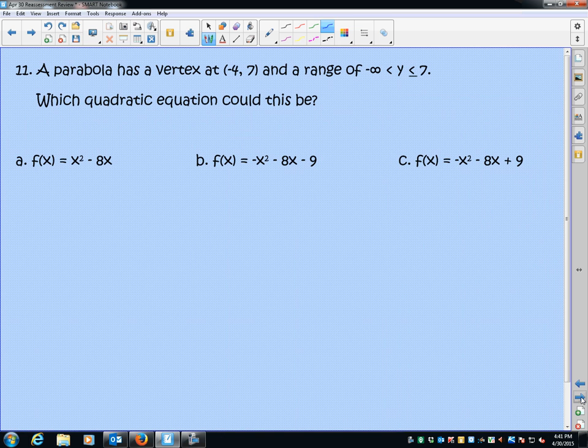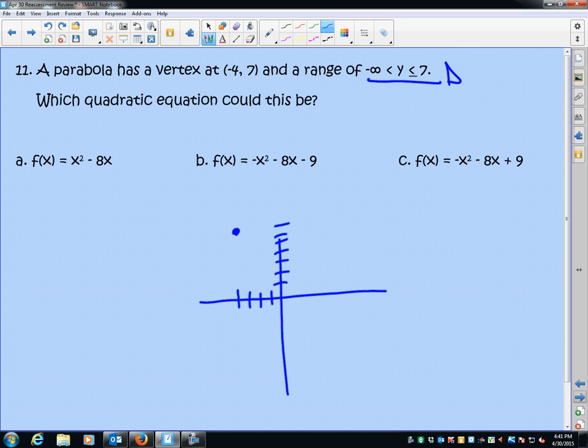Okay, so this is an EOC type question. It is a multiple choice question, and the best way to do this is to sketch a little graph. So it gives us some basic information of negative 4, 7, and it has a range of negative infinity to negative 7. This is a sneaky way of me telling you that the graph is upside down because negative infinity and then it stops at 7. So I know it's like this. I can immediately eliminate choice A, because it is a positive A,